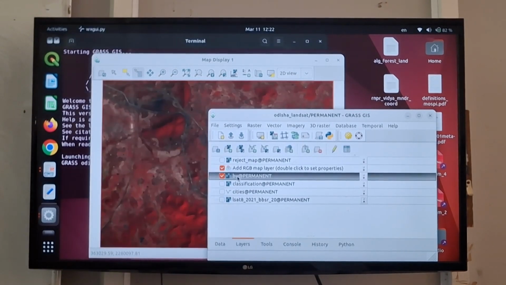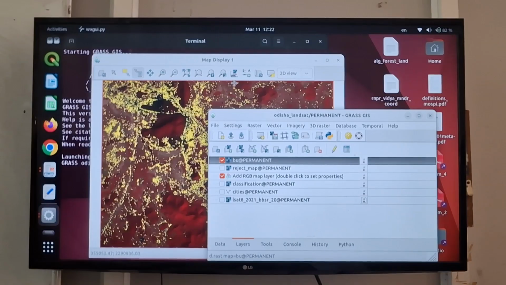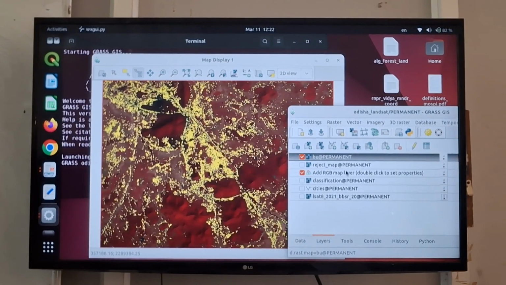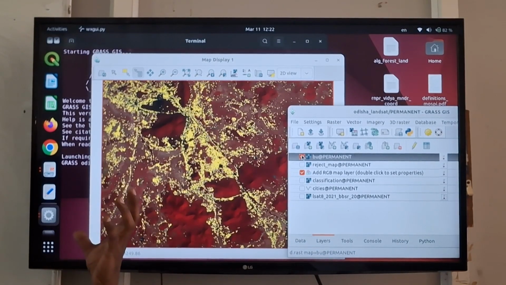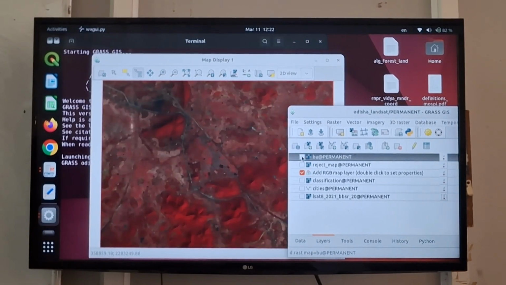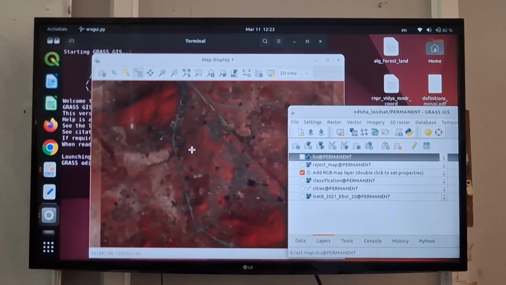Sir, what command did you put for this? I will say. So now if you see here, this is the built-up area extracted from the original satellite map taken. And now already you will see it is correct and it is also wrong. So it is correct where it is correct, but it is also marked built-up where it should have been no built-up. Where? Like if I see this part,